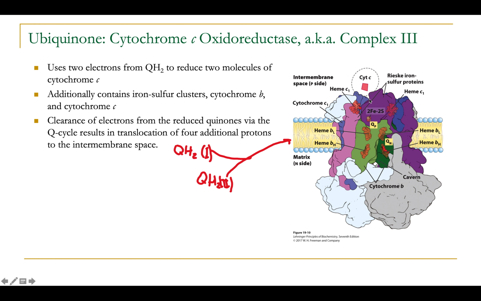This net change in the reduction potential between ubiquinone on one end and cytochrome C on the other end is used